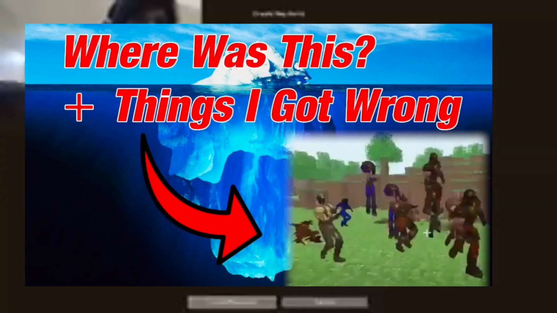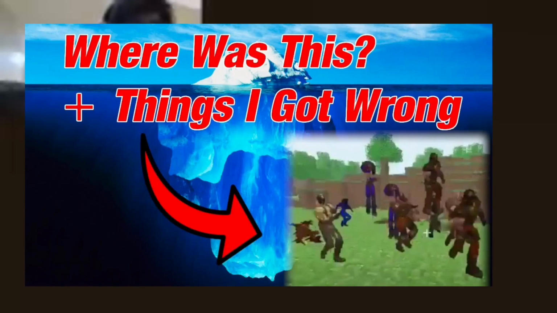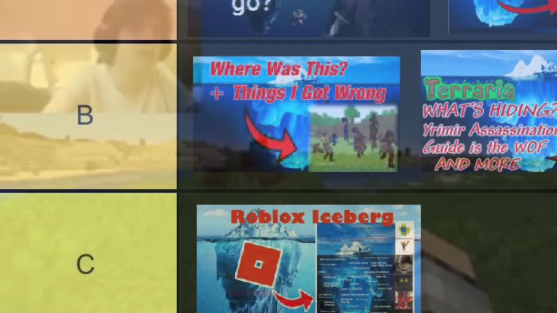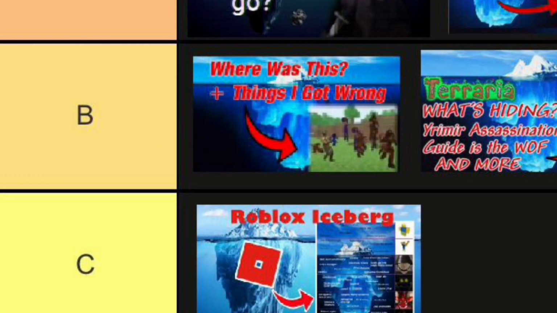Minecraft Iceberg 2: The Missing Entries by Retro Gaming Now is a sequel to his earlier Minecraft Iceberg video, this time explaining an iceberg that is all facts and logic. I like this one more than the first, but it's still not good enough to go into A tier, so B tier is where it shall go.